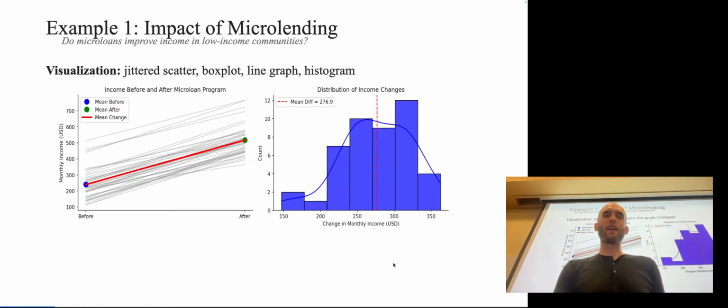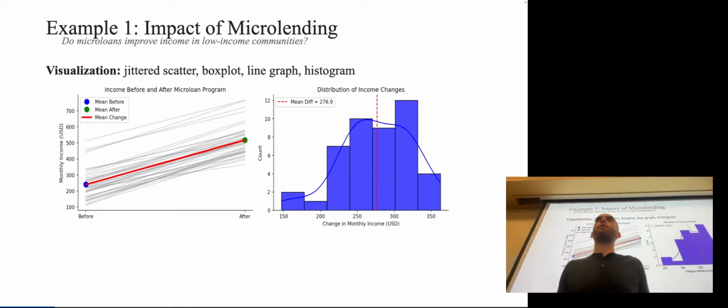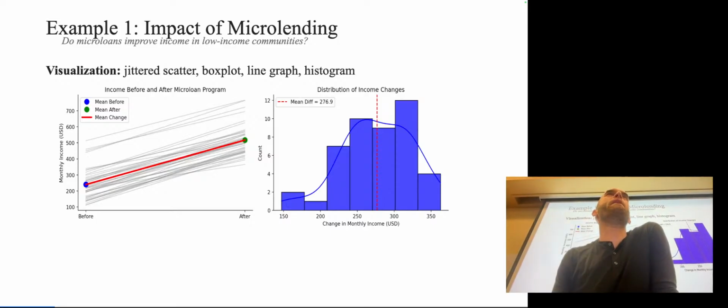Okay, so if we're thinking about how to set up a statistical model to test whether a microloan is effective, how might we write down that model? So I actually want you to try to write this model down. We're going to use this visual, and then I'm going to show a statistical model on the screen, but I want you to get there first. So let's take maybe a minute or two to write down what you would expect, or if you were trying to test this question using this data, what would you use? What statistical test would you write down?